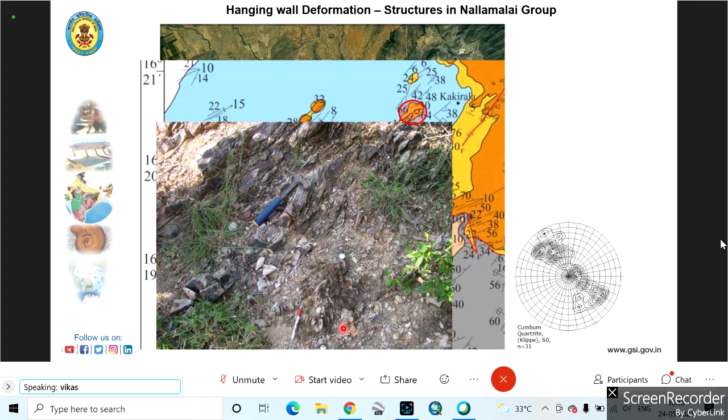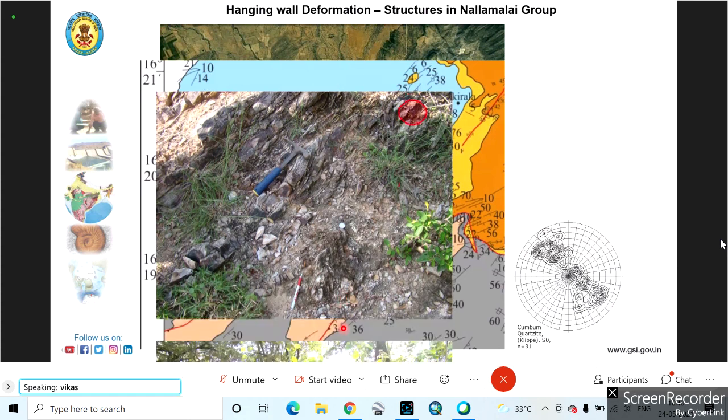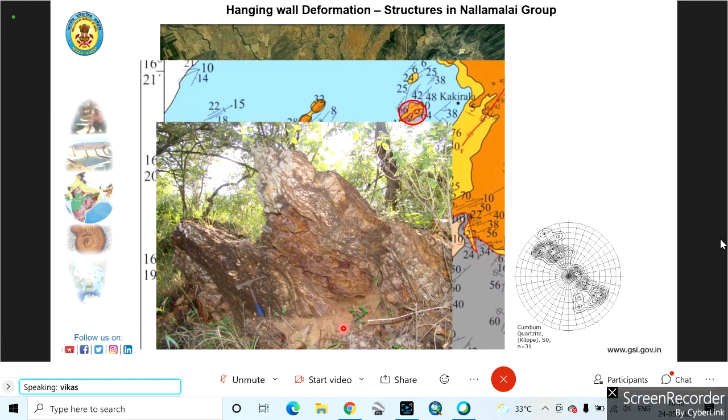Next one, please. Yeah, you can see it here. Highly, next one, please. Tight overturned folds. These are all tight overturned folds and having thrust sense also. You can see the drag of the beds is also easily visible, and the folds are all overturned. These are the quartzites which are actually overlying the undeformed Owk shale and the Narji limestone.